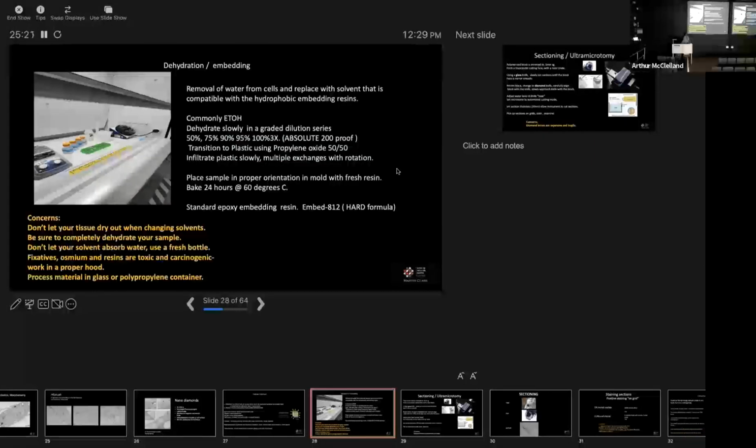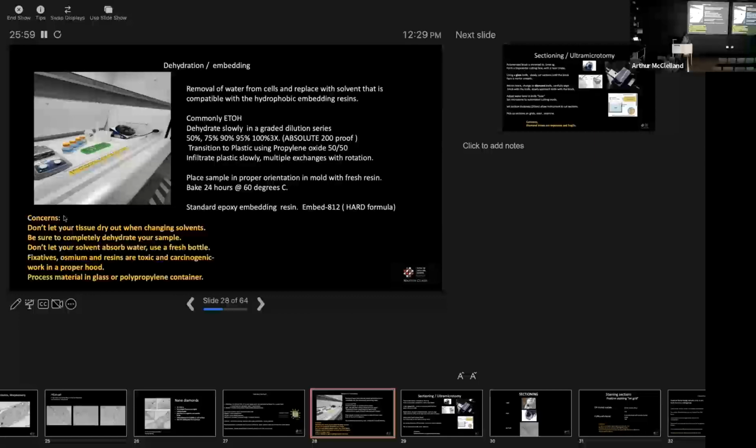And then we're going to start infiltrating the plastic after the ethanol 100%. We're going to bring a carrier solvent with the propylene oxide. Usually, if we can, you can't always use propylene oxide because that may reduce some of your labeling that you've added to your cells. But if you can use that, and then 100% plastic overnight on the rotator till you're fully infused. Then you put that in a mold with a label, put it in the oven at 60 degrees overnight, at least 24 hours, 48 hours, someplace in that.